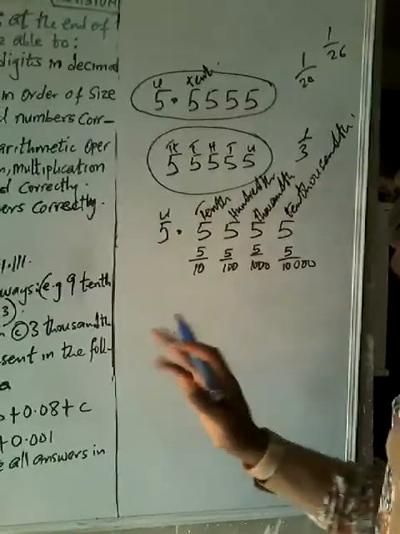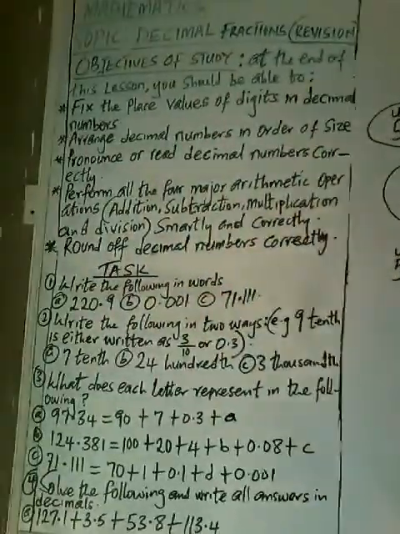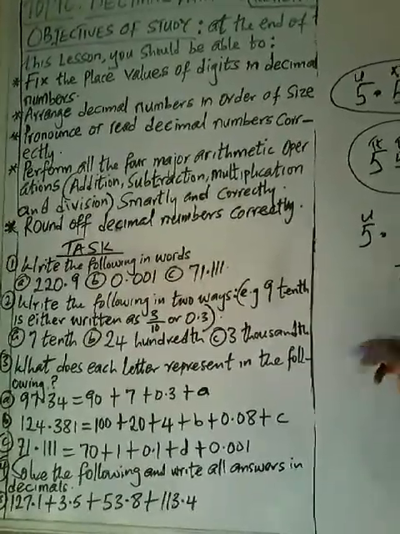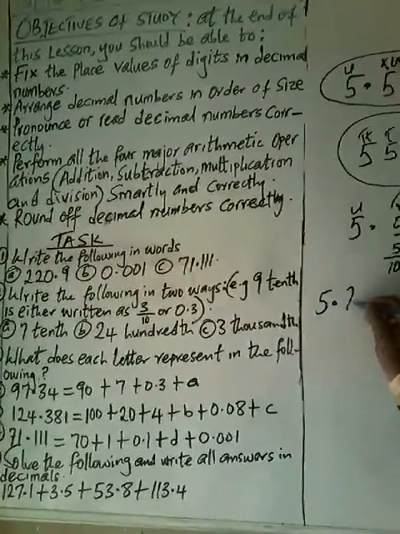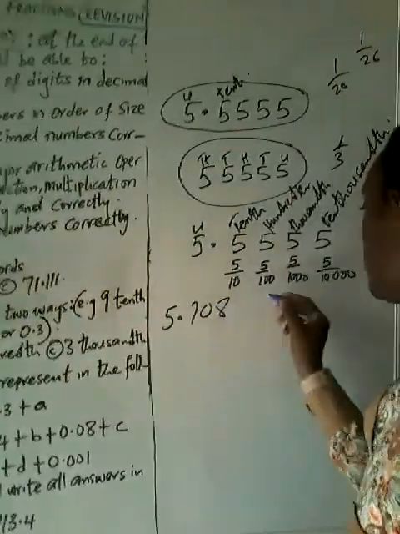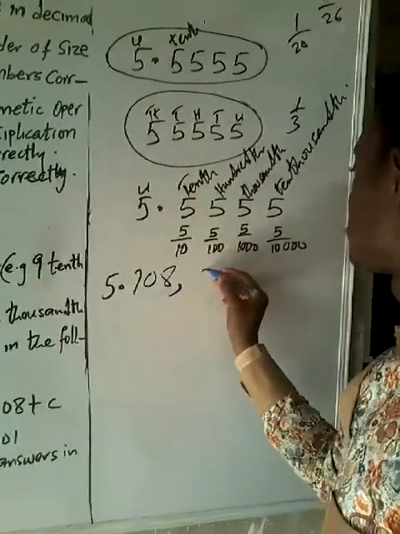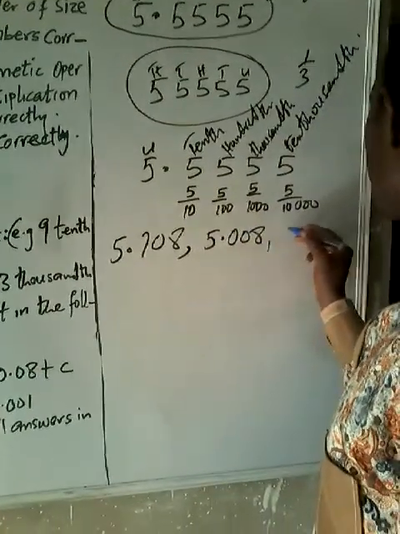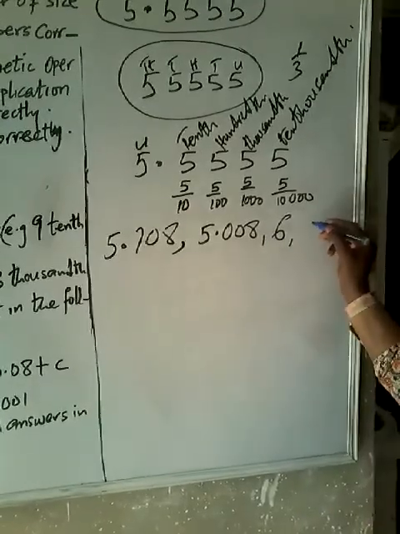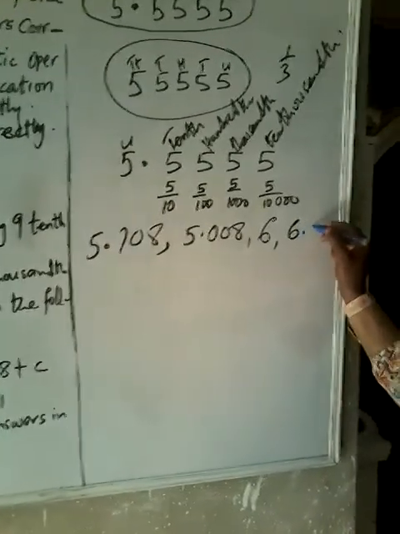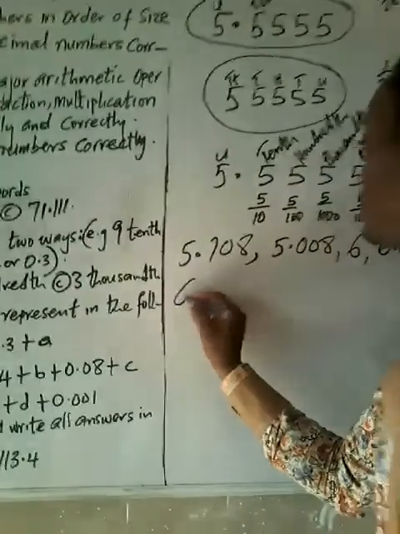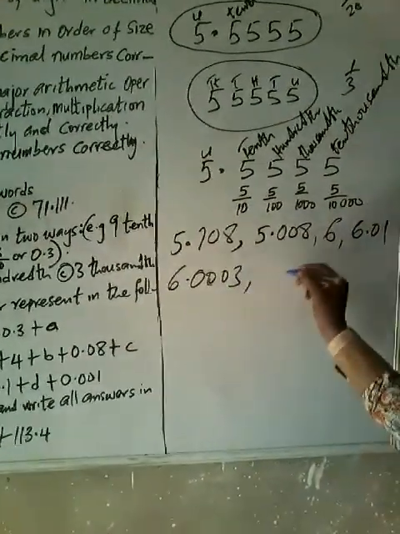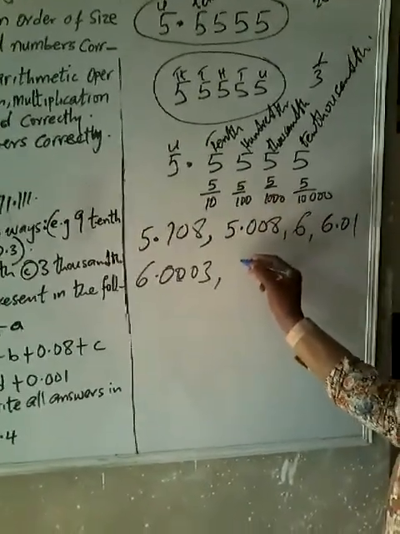Now, that settles that. Arranging decimal numbers in order of size. How do we arrange decimal numbers in order of size? For instance, if you are given 5.708, another one, 5.008, you are given 6.01, you are given 6.0003, and let me add one more,